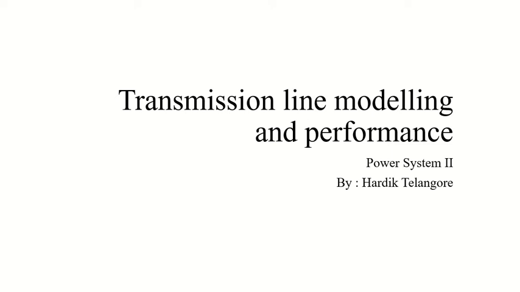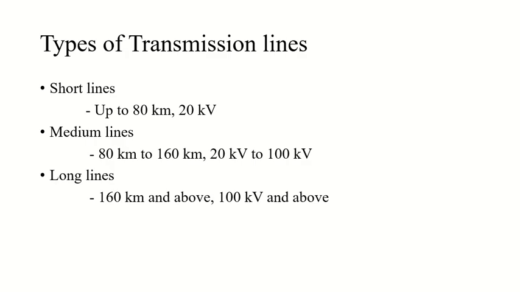And there are transmission lines of different lengths. So there are so many transmission lines with so many different lengths available. Let's try to explore them one by one. Here we have three types of transmission lines. The first one is the short transmission line. The transmission lines which are up to 80 kilometers in length, from 0 kilometers to 80 kilometers, are